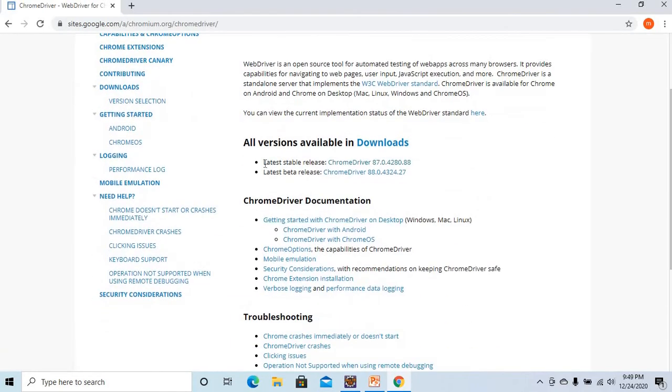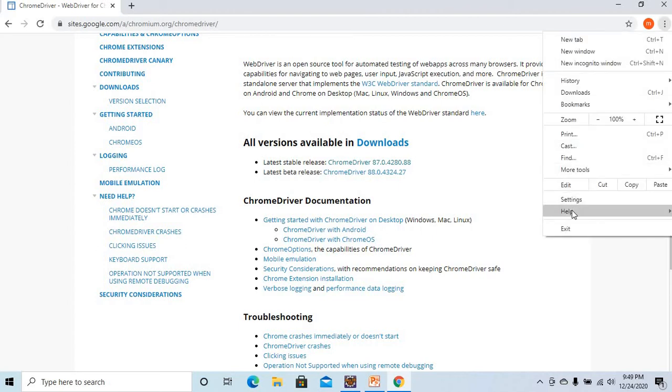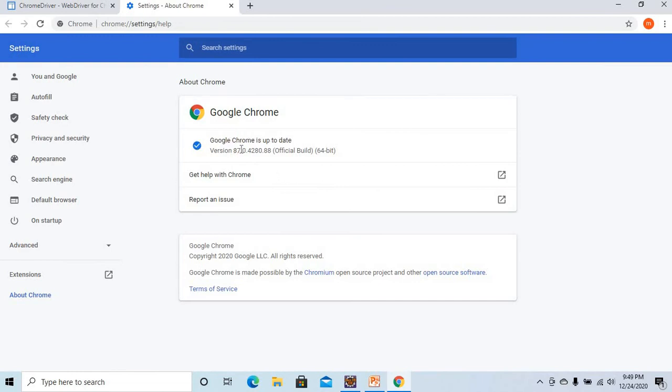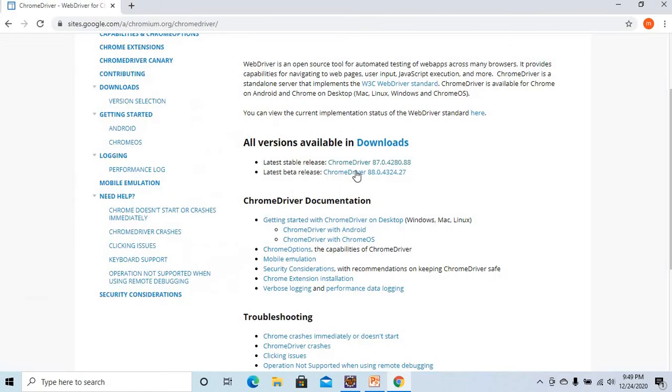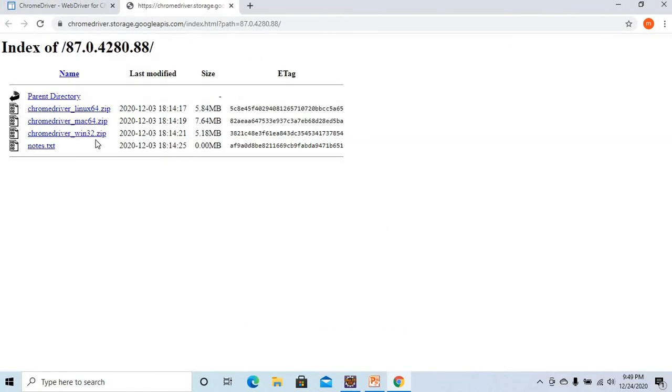Here we have two releases, one for 87 and one for 88. Just check your Chrome version: go to Chrome, Help, and About Chrome. My version is 87. Simply click on 87 and download as per your OS. If you are using Windows, click on the Windows one; for Mac or Linux, go for the respective downloads.